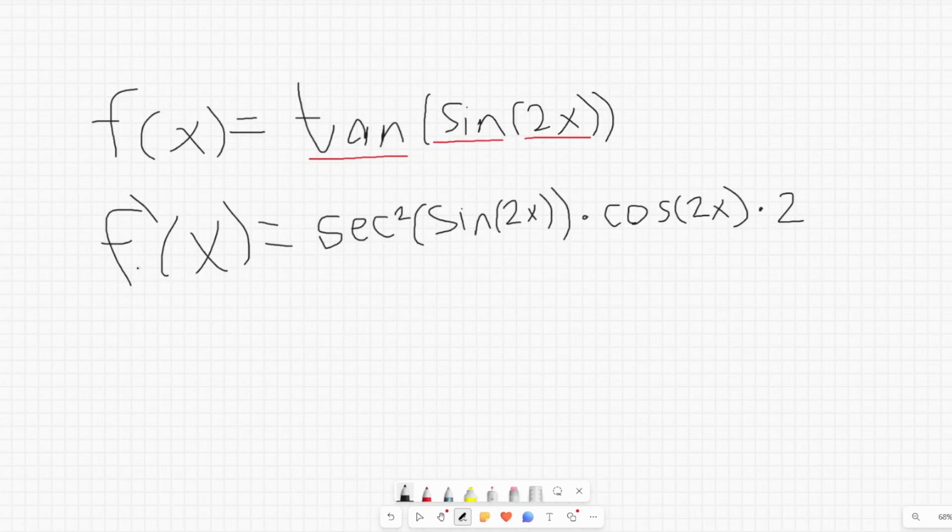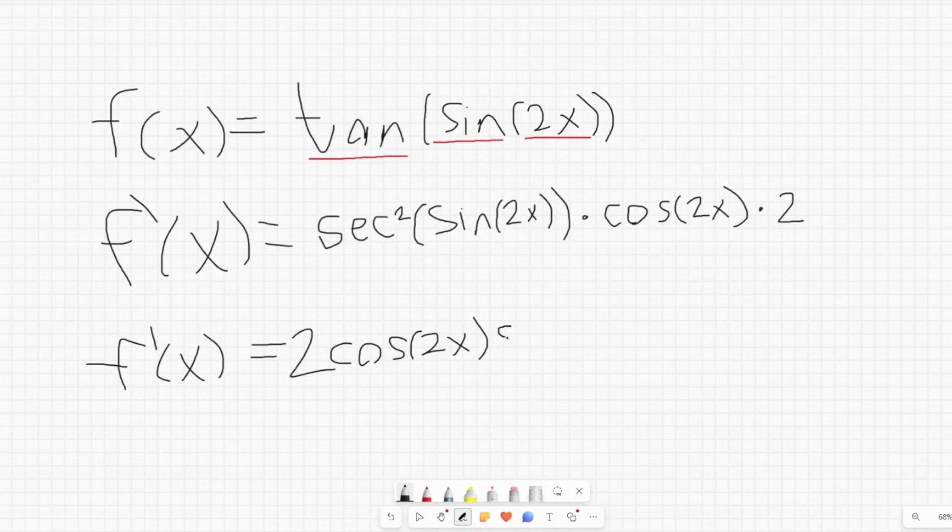So now you can rewrite that if you want as 2 cos 2x secant squared sine 2x. All right, so that's your simplified version with one term pretty much. Okay,